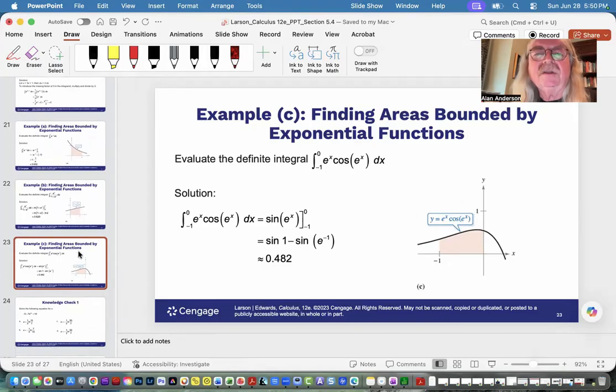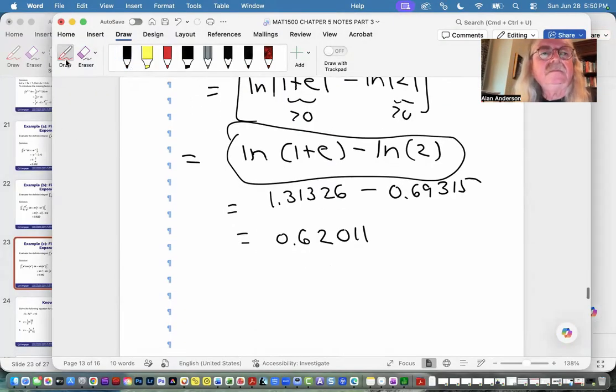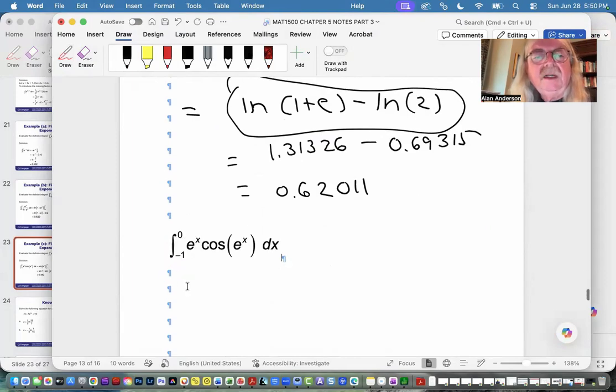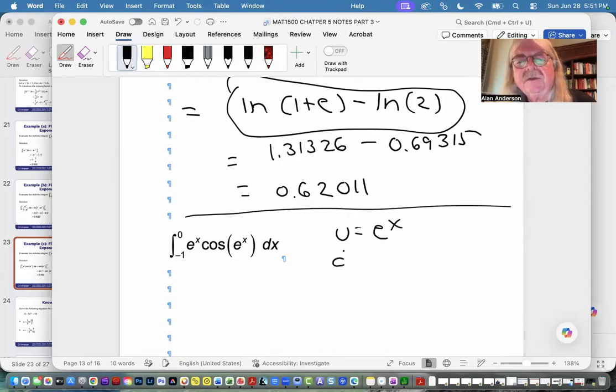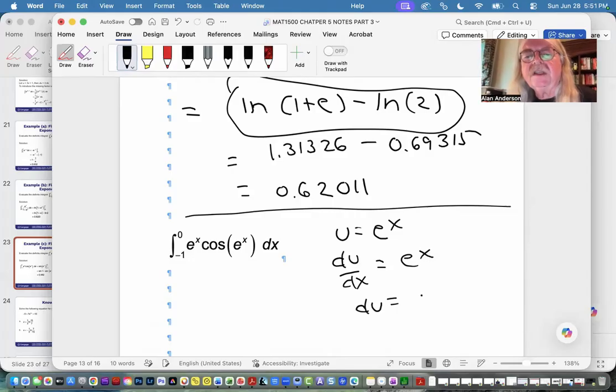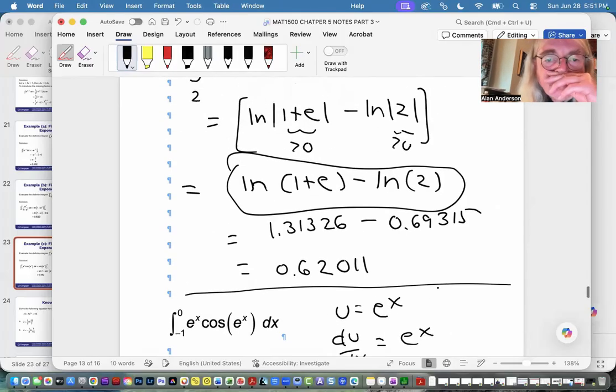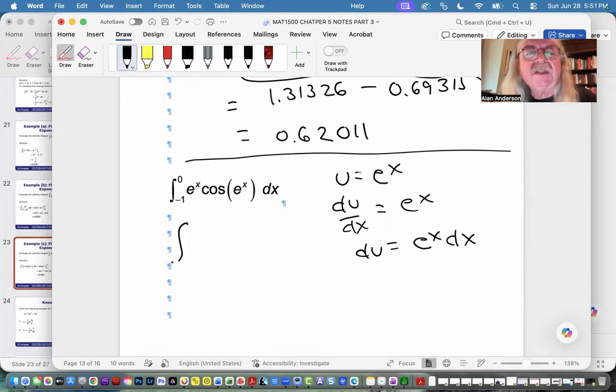Oh my God, what about this one? Okay, so what's going to happen here is that we're going to use u substitution in the following way. Why don't we try this? Let u equal e to the x, so that du/dx is e to the x, and du is, of course, e to the x dx. So if you rewrite this a little bit, you'll see that we have what we need